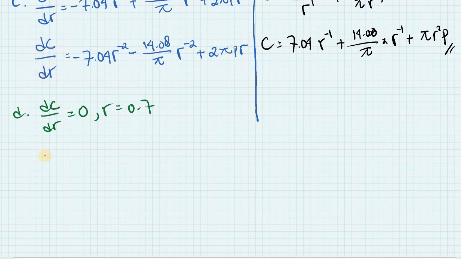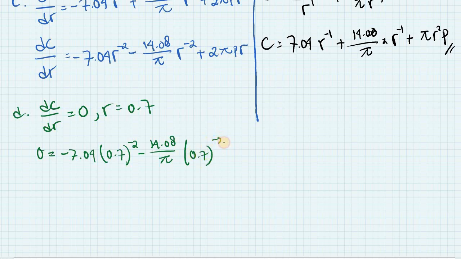So dc over dr is 0, equal to negative 7.04 times 0.7 to the power of negative 2 minus 14.08 divided by pi times the r, 0.7, to the power of negative 2 plus 2 pi, the r, we know the r, let's just write the r is 0.7 times p,